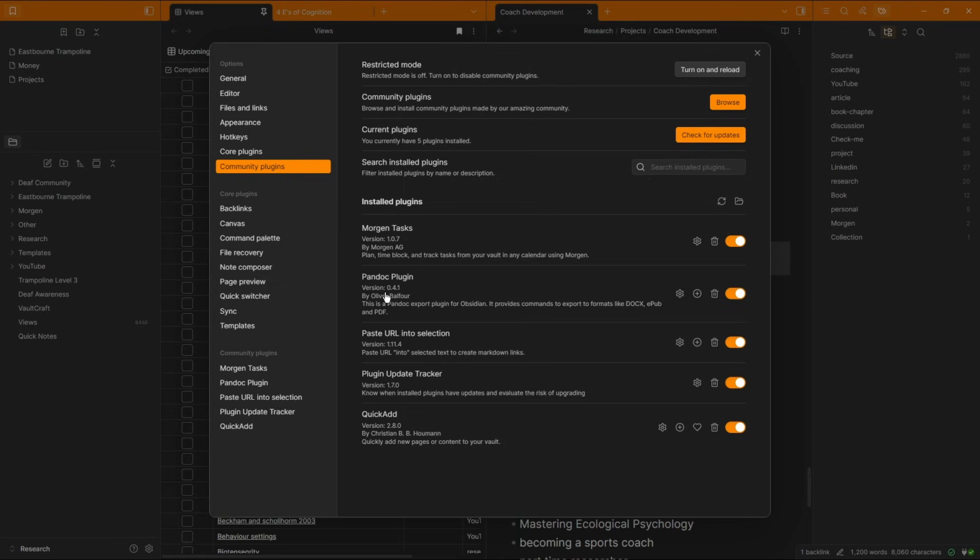from Obsidian Pandoc, because when I'm exporting certain files, I want it in a Word document, such as meeting agendas and documents to share with other people. It's easier in a Word doc than it is in Markdown, so that's what I use Pandoc for. Paste URL is for bringing in timestamps of YouTube videos onto words that I've brought in from notes. Update plugin tracker is just so the Quick Add update gets updated to make sure it doesn't break, and then